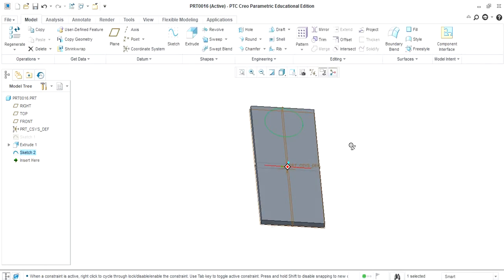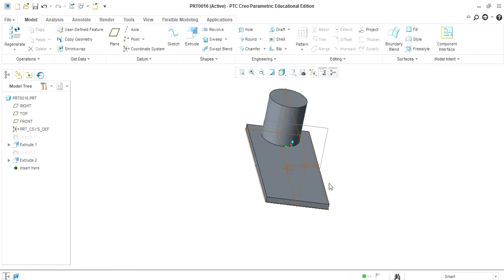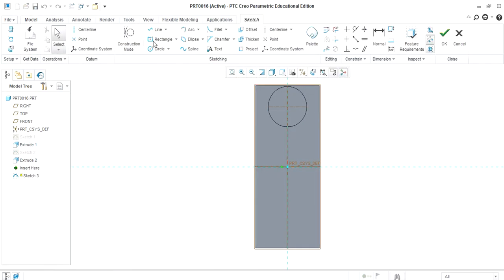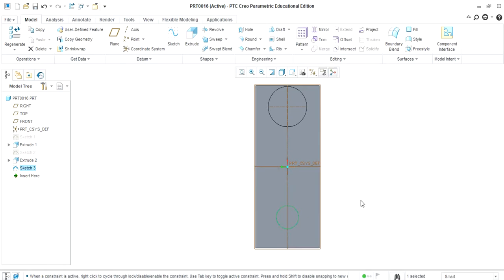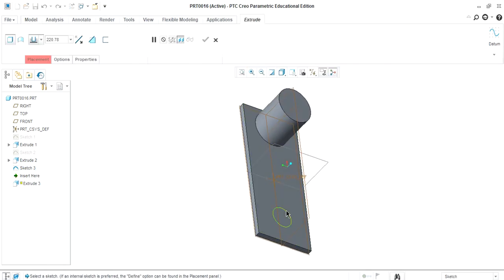Say OK. Make it extrude. Say OK. Again we have to draw one circle, a small circle. Click on OK. Make extrude. Say OK.